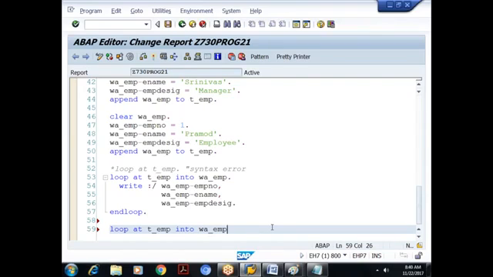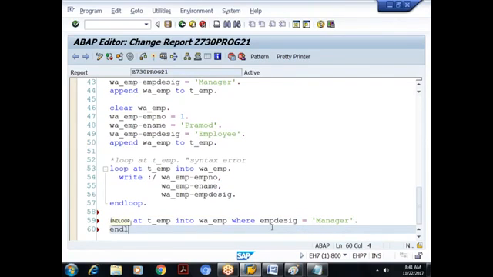Unnecessarily, I should not loop the entire internal table. I should modify only those records where designation equals manager. So already we know this, WHERE employee designation equals manager. Understood? If I don't use the where condition, it will loop from the first record to the last record. So I want to loop only those records wherever designation equals manager.